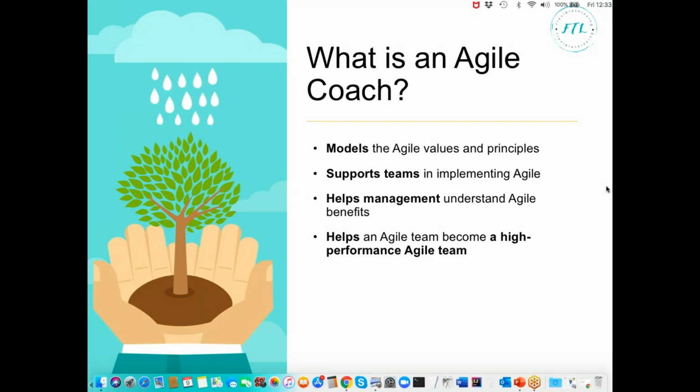And what they do is use that deep knowledge and understanding to support the team. It could be a single team, it could be a team they're on and working on, it could be a number of teams that they're spreading the time across. But they're basically supporting that team in implementing Agile and being the most effective team they can be, and also being a team that is striving and continually pushing to become higher performance.